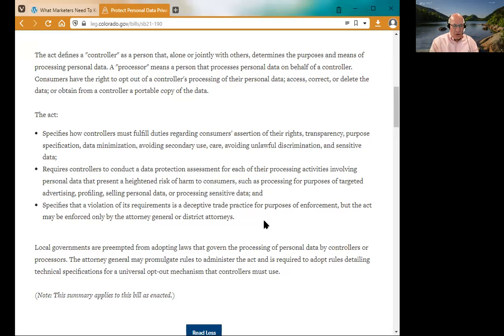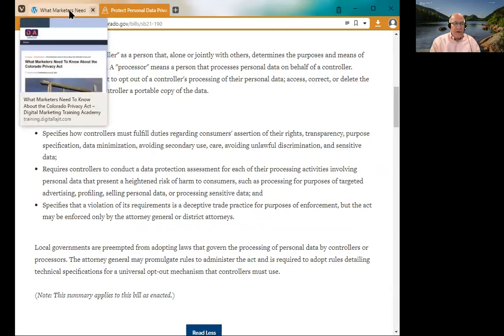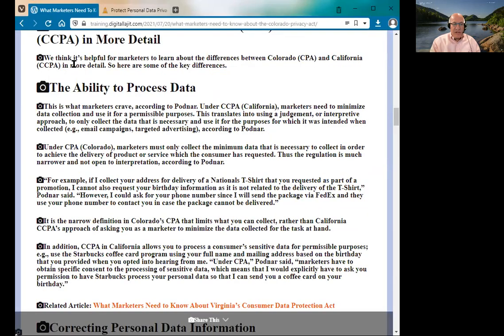The other thing it does is it talks about two categories of people that the law affects. One is a data controller. That's the person or company that collects the data and then controls what happens to it. And then the other category is a data processor. That would be a service provider. So if you had somebody who was fulfilling a mailing list for you, let's say you're emailing 100,000 people, and you hire a mailing service to do that, they would be a data processor. Those terms were taken from the European law, GDPR, and those two groups of people have different responsibilities.